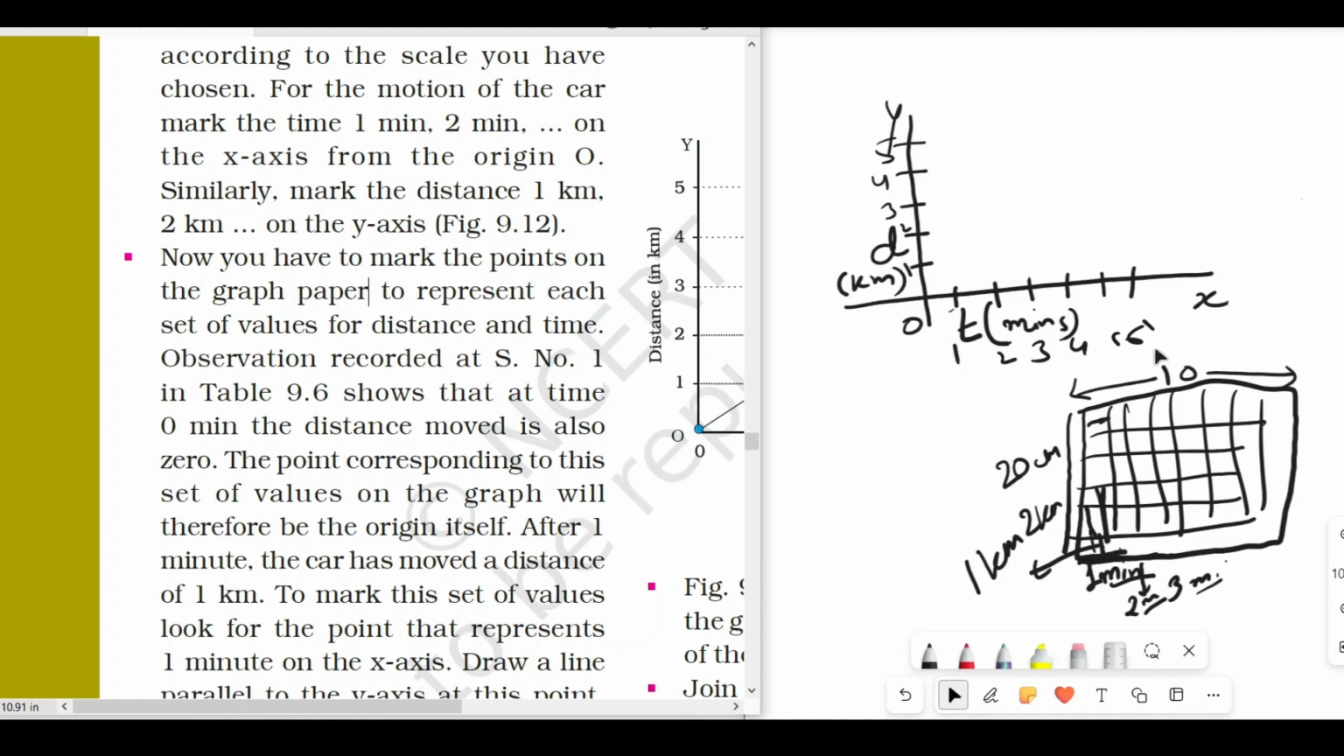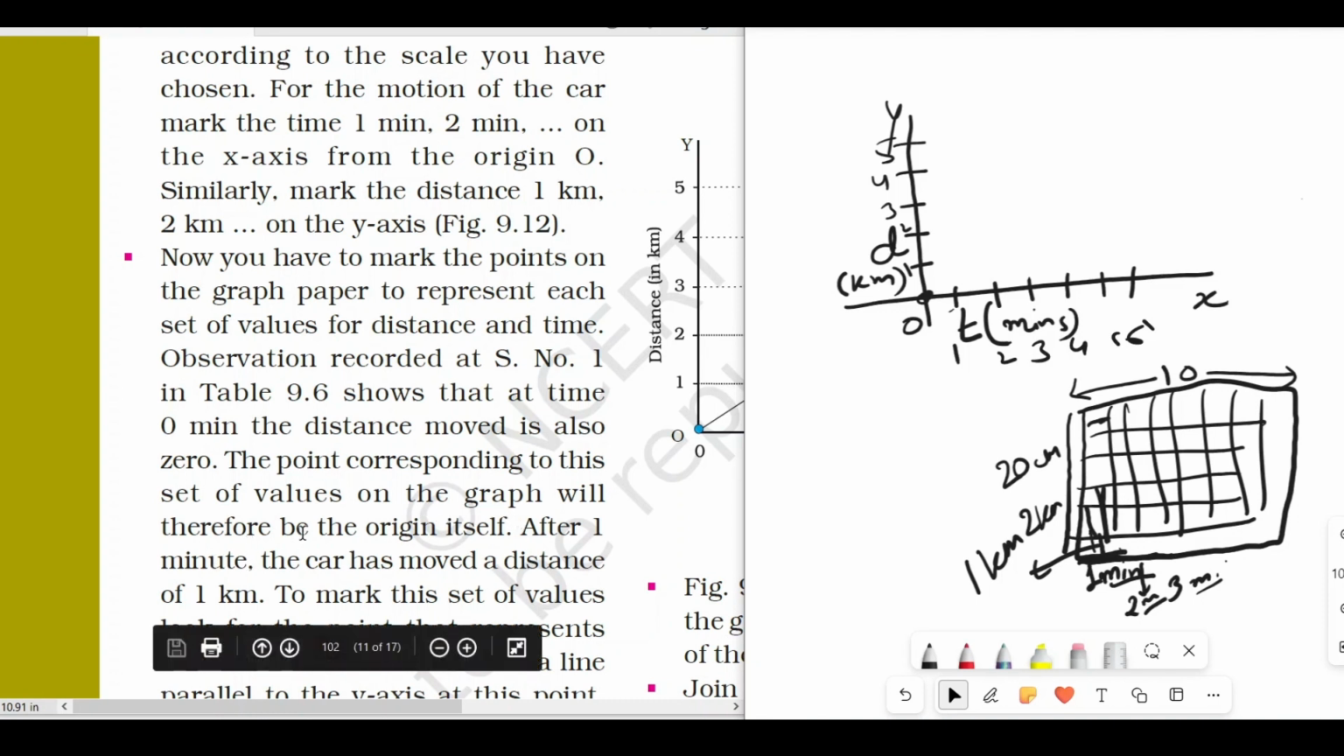तो हम ये ऑलरेडी कर चुके हैं, डिस्टेंस 1 किलोमीटर 2 किलोमीटर मार्क कर दिया और टाइम 1 मिनट 2 मिनट यहाँ पे मार्क कर दिया। नाउ you have to mark the points on the graph paper to represent each set of values for distance and time. Observation recorded at serial number 1 in table 9.6 shows that at time 0 the distance moved is also 0. तो हमने टेबल पे क्या देखा था कि 0 टाइम पे 0 डिस्टेंस मूव किया था हमने, विच इज ओके। तो हमने ये पॉइंट मार्क कर दिया, 0 टाइम पे 0 डिस्टेंस।